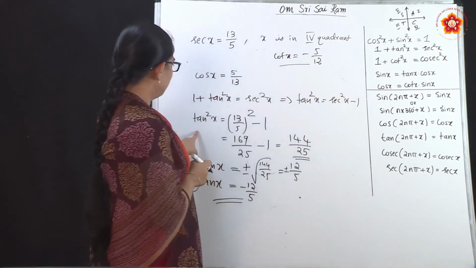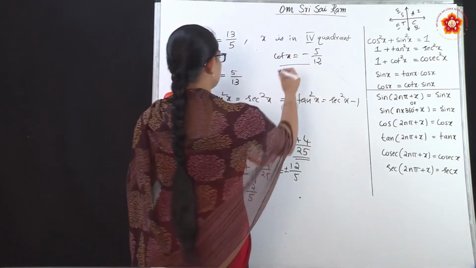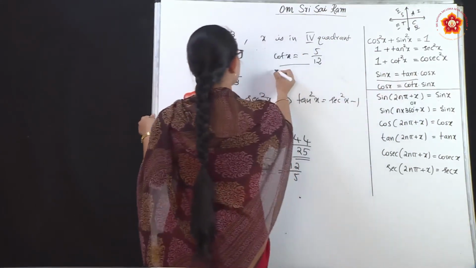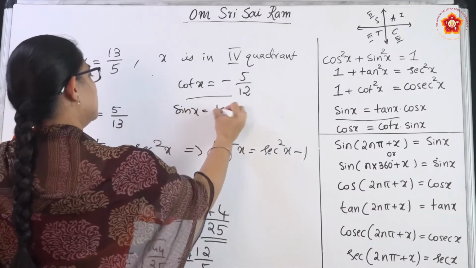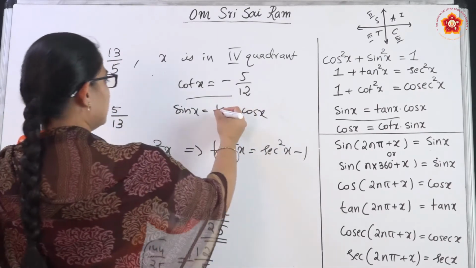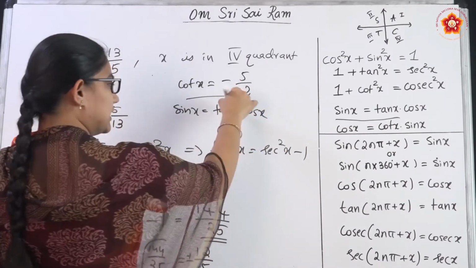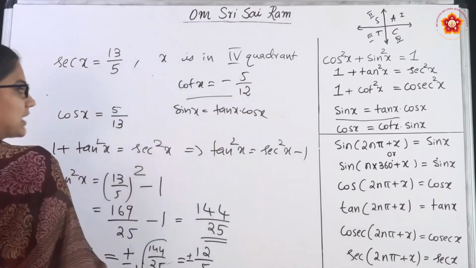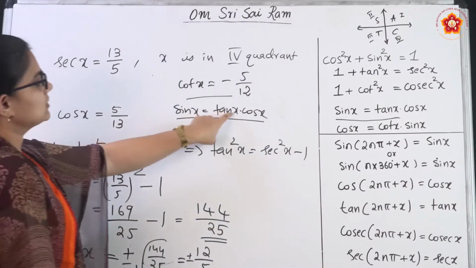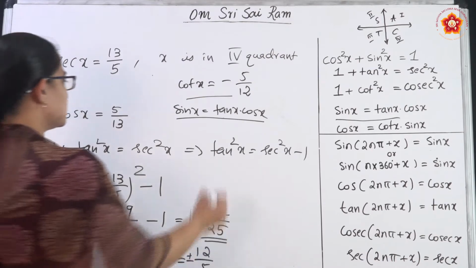Now, which is left? We have to find the sine and cosecant. So, what shall we use? Let us use this, that is, we can write sin x as tan x into cos x, right? We can make the substitution, then we will get the sin x back, that is tan x is nothing but sin x by cos x, cos x will get cancelled, remaining will be sin x, okay. So, that is how we can write sin x as tan x into cos x. So, we already know what is cos x, what is tan x. So, let us use this formula.